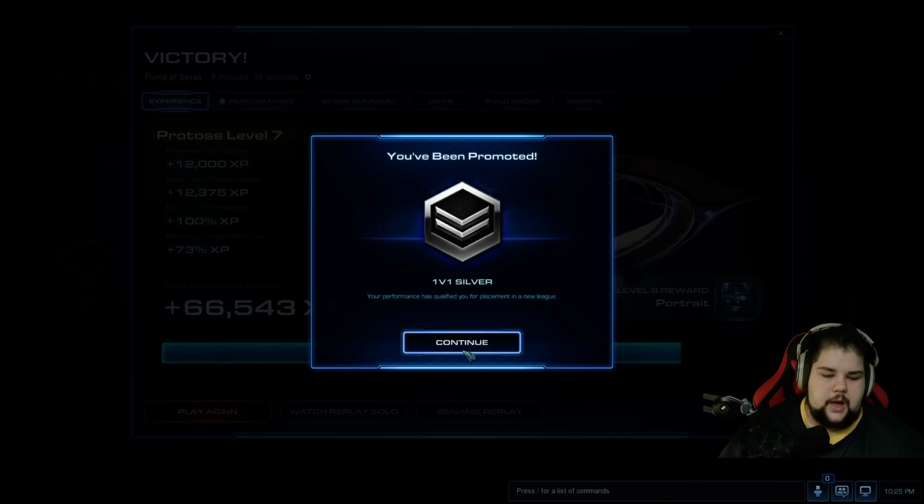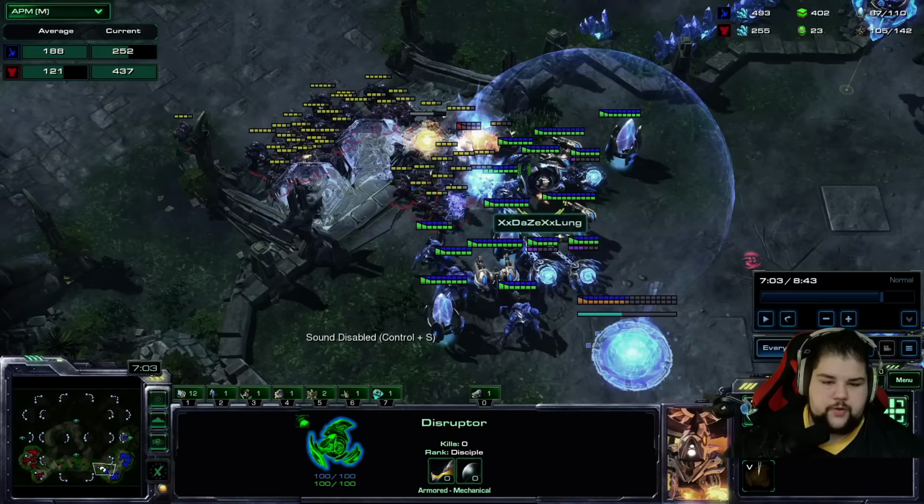Alright, so this is the crucial battle. I didn't say a single word because I was too busy. I was too worried I was going to die. But basically, what happens is you Guardian Shield. As soon as you engage, you Guardian Shield, you force field to trap some of the army. And then you throw